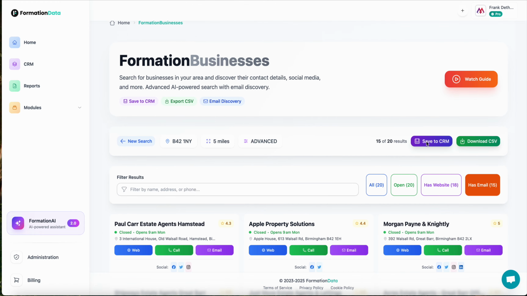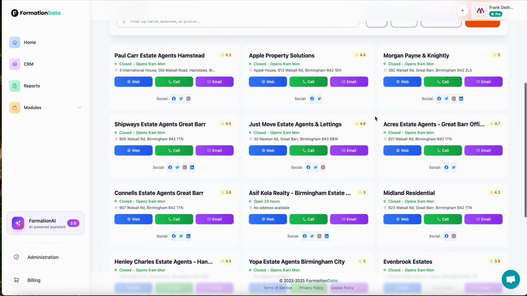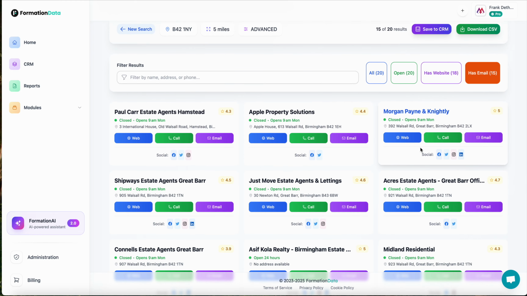We can save that whole list to the CRM, or we can download it as a CSV and load it into our email messaging app or MailChimp or whatever you might use. You'll also see we've got Facebook, Twitter, Instagram, LinkedIn, all these social media icons coming up that you can actually start following them, and when they're publishing things on their own Facebook page, you'll be able to see if deals are coming up sooner. You'll be able to contact them via their website, contact them via email, and let them